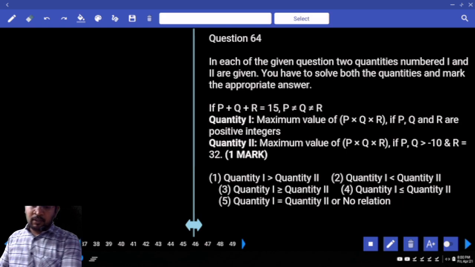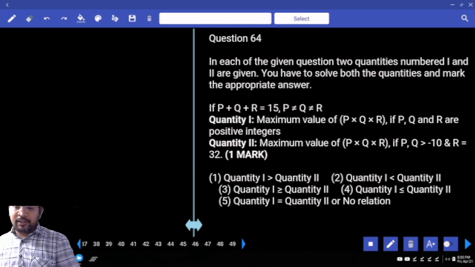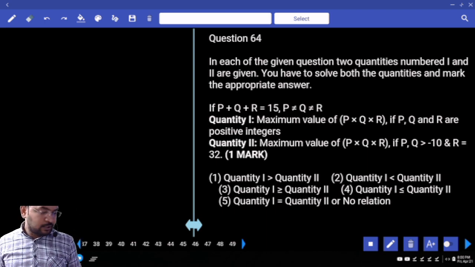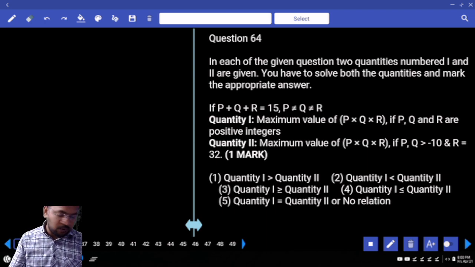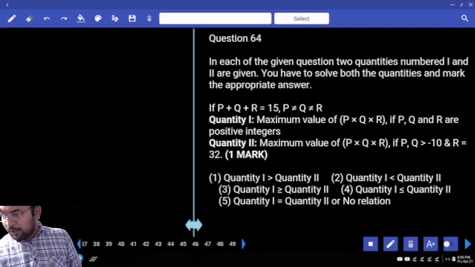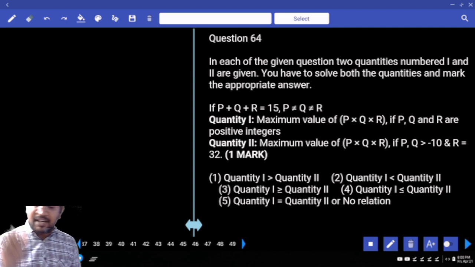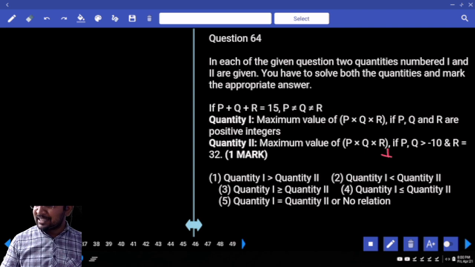Now see here, P plus Q plus R, that is equal to how much, Nana? 15. So P not equal to Q not equal to R. Okay. Quantity 1: maximum value of P into Q into R if P, Q are positive integers. Just keep aside. Next, Nana, quantity 2: maximum value of P into Q into R, P comma Q is greater than minus 10 and R is 32. If you observe carefully here, all of you, if R is 32,